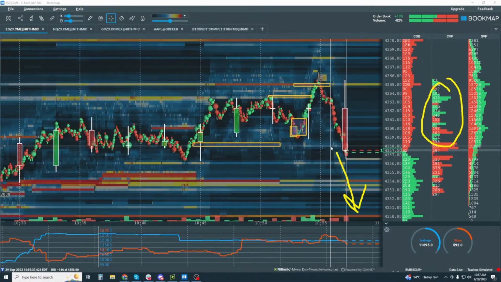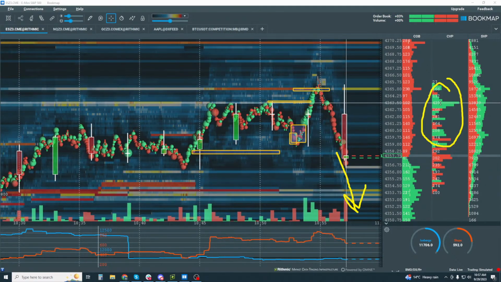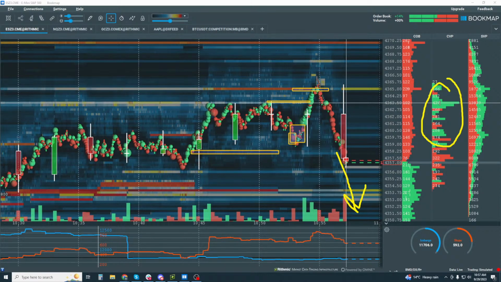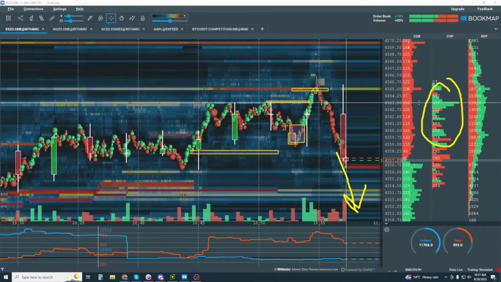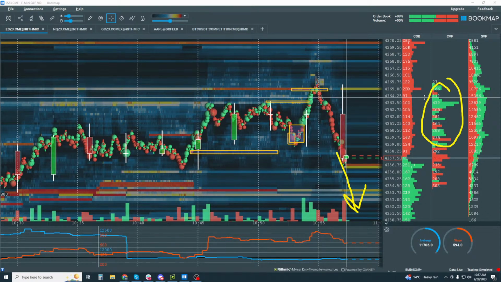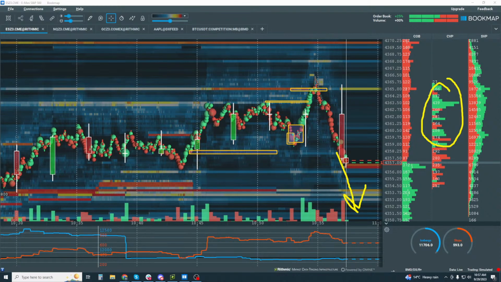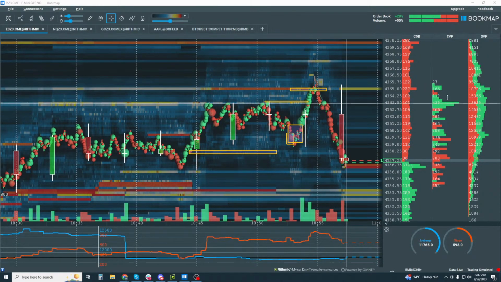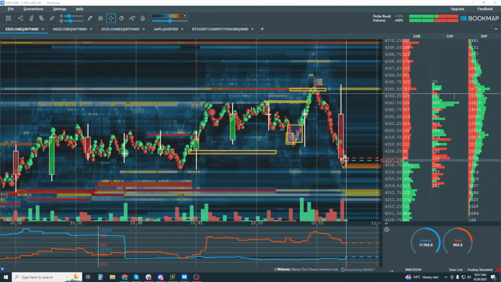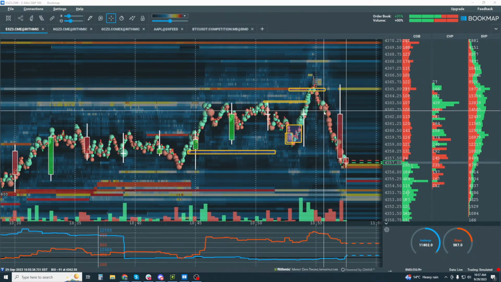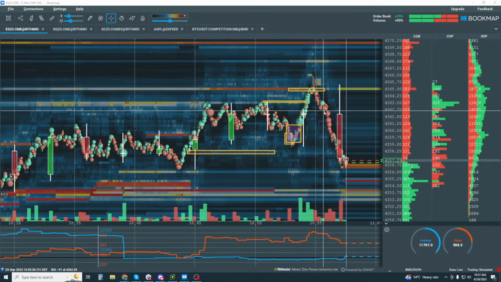Okay, so this is another way of identifying who's trapped and who's not. It's a beautiful way to do it too. I mean, it's pretty obvious here, up in this range. I think it's pretty obvious to use this tool here, because it confirms it. However, you're likely going to know it anyway, because